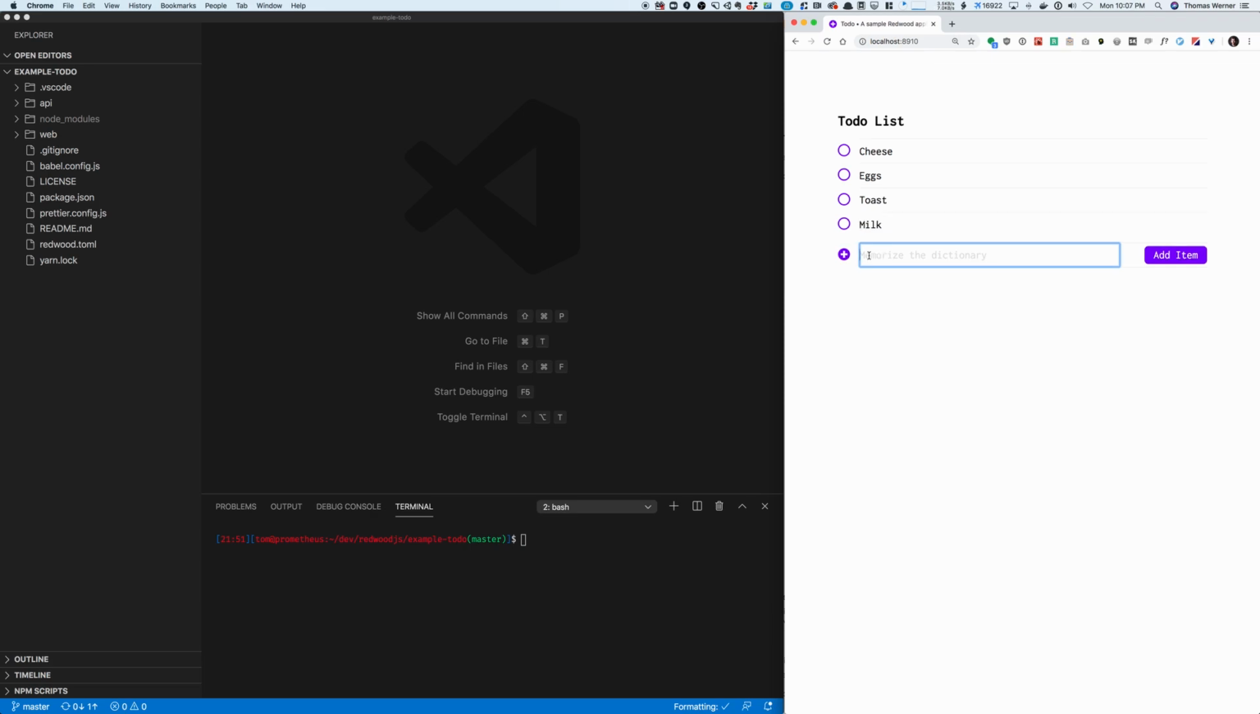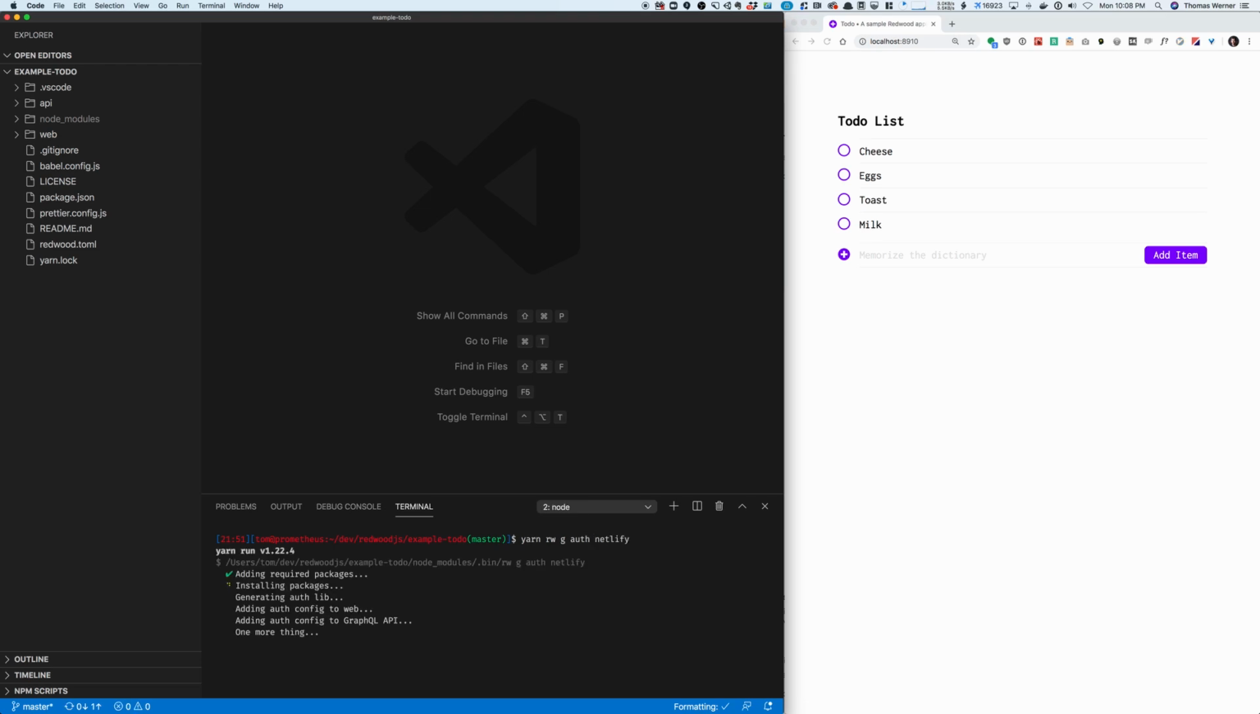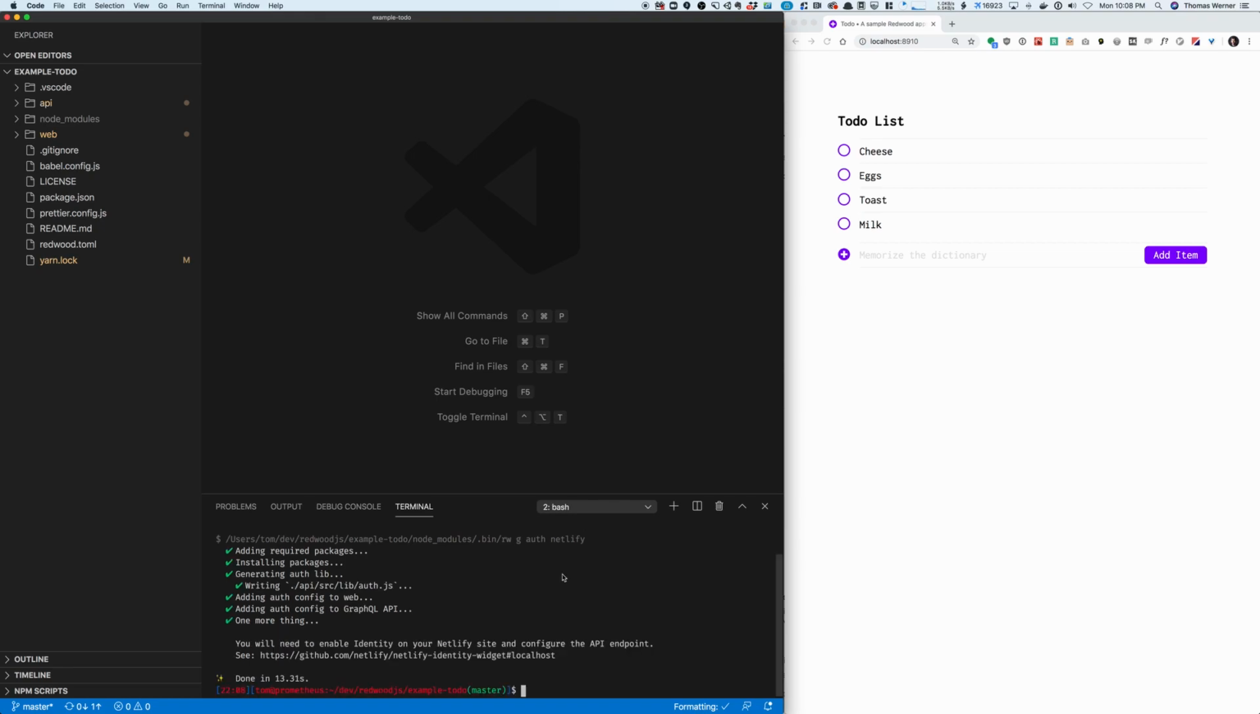To install everything I need for authentication, I'm simply going to run yarn redwood generate auth, and then give it either netlify or auth0. In this case, I'm going to choose netlify to use netlify identity. We'll wait a second for it to install, and now I'll show you how to protect the home page behind